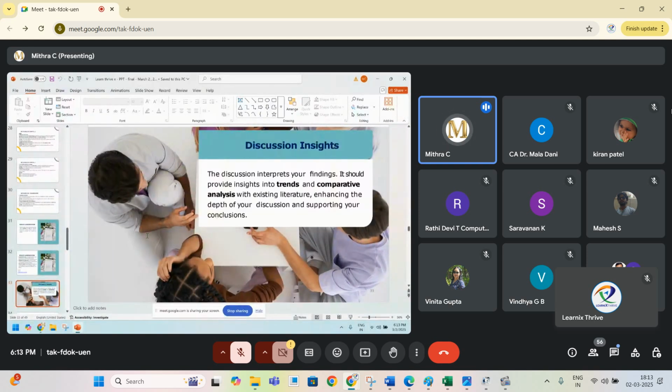Why now? People always discuss the results and forget the discussion part. They only put in the charts, display everything, and move on to the conclusion. But it is always wrong. When writing the discussion section, you need to provide proper insight about the trend, the comparative analysis with the existing literature, and how we are going to enhance the depth of the discussion, like what the existing research deals with, and how your proposed methodology